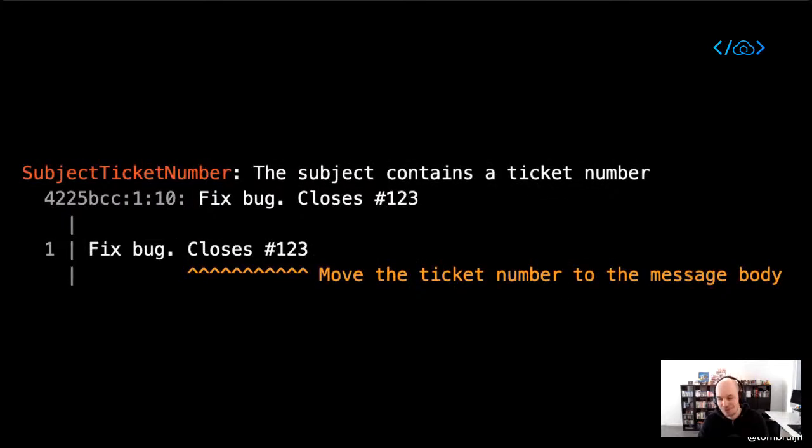Another thing it will do is check for this ticket number that you put in your subject. I'm not saying ticket numbers are terrible. Please put them in your commit, but don't put them in your subject. They are great to put in your commit still. Again, it will highlight exactly the part that it considers to be a problem in your subject, and it will